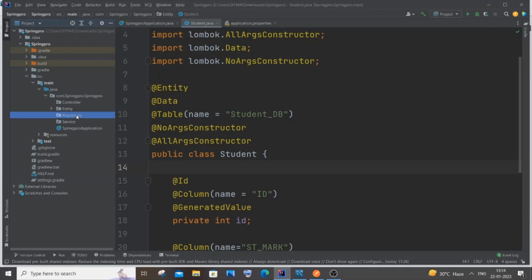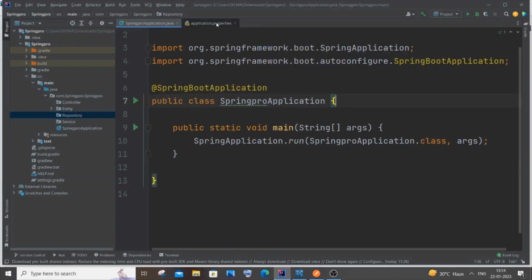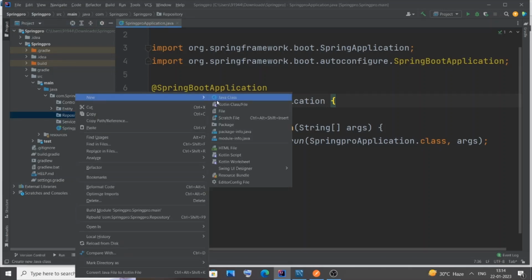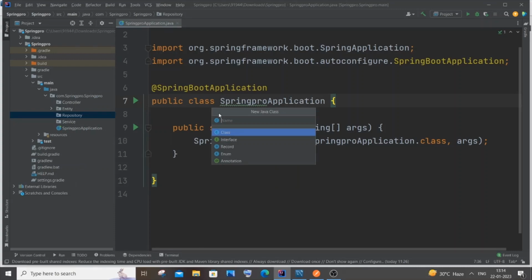So just come to your repository folder. Now we are done with our student.java. I will just close it. Okay, just close this as well. Yeah, and I will just come to repository, right click, new. It's going to be of Java class, but it's going to be of type repository. Okay, I will just name it as